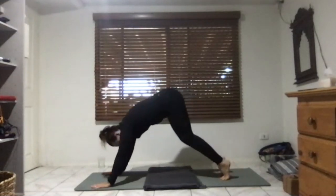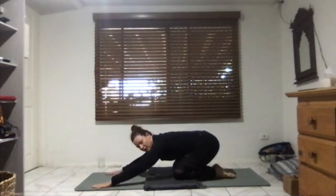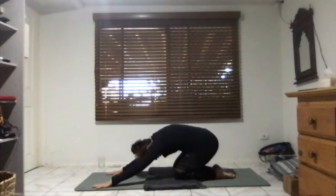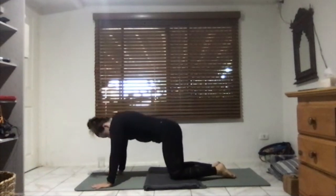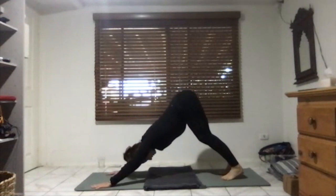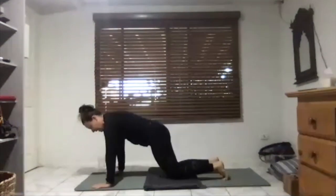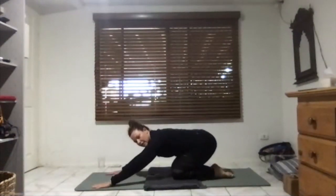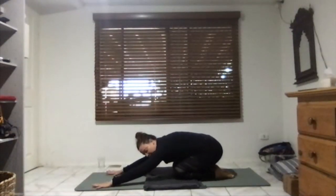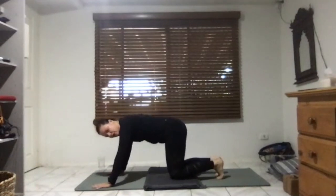Inhale, lower the knees to the floor. Exhale, sending your hips all the way back to your heels, child's pose. Again, unfurling up on the hands and knees. Bend the elbows, tuck the toes, lifting your hips up high to down dog. Once more, lowering the knees to the floor. Exhale, sending your hips back toward your heels. Coming back up on the hands and knees, pressing up into down dog, and then pausing in down dog